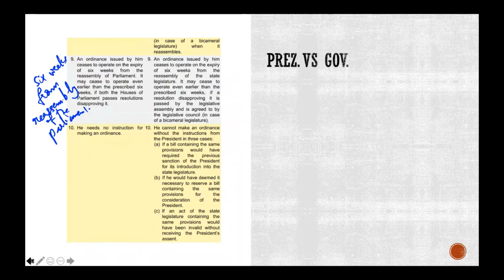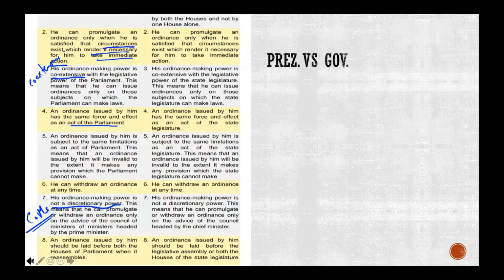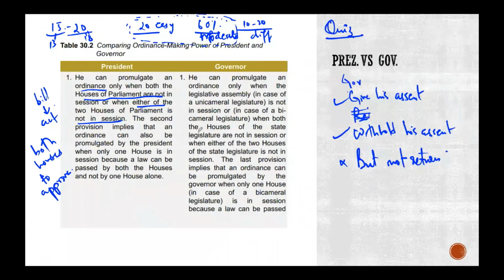Now, the governor's role in making these ordinances is very, very similar. The only difference is whether you have a bicameral legislature in which you have a lower house and an upper house. For instance, Karnataka has a lower house and an upper house. Similarly, Andhra Pradesh has a lower house and an upper house. In some states, you do not have an upper house, the house of elders of the state. So it could be just the one house.